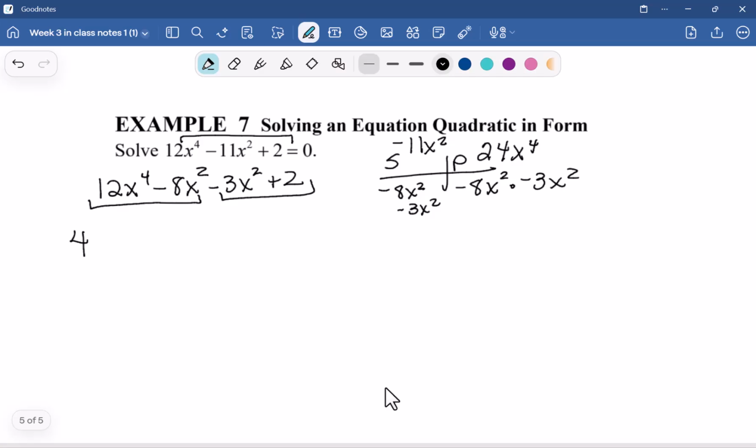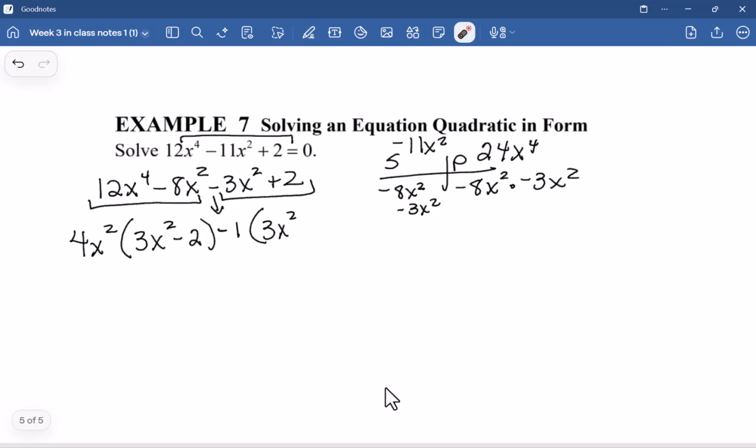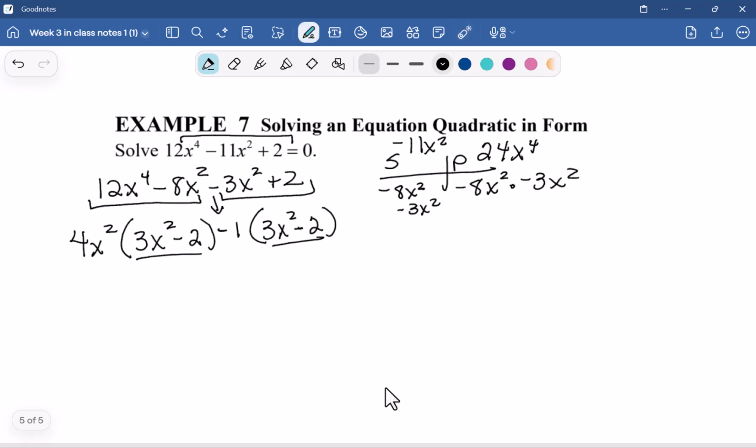I have an x to the 4th and an x squared, so I can take out an x squared. 4 goes into 12, 3. 4 goes into 8, 2. I bring down my sign, minus. I can take a 1, 3. 1 goes into 3, 3. And then a negative 1 goes into a positive 2, a negative 2 times. They are the same. So it's 3x squared minus 2 and